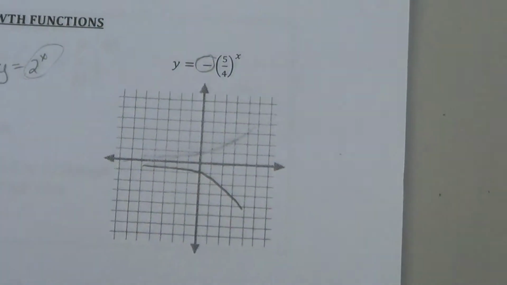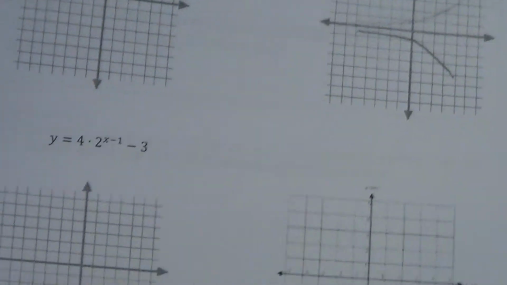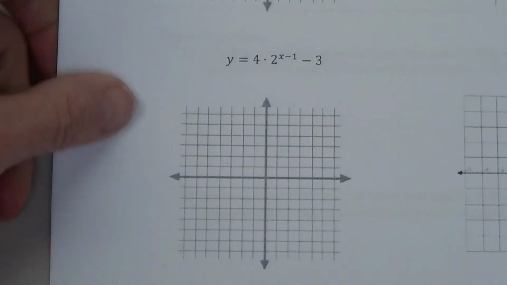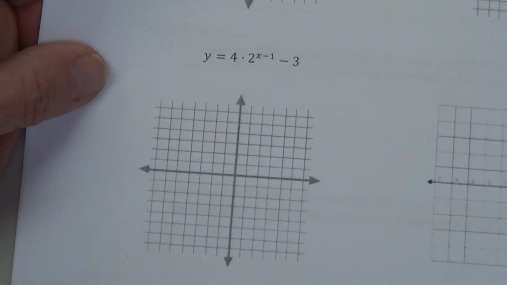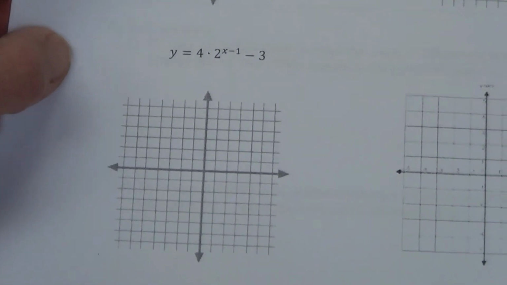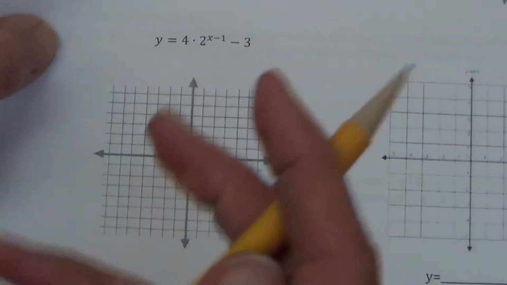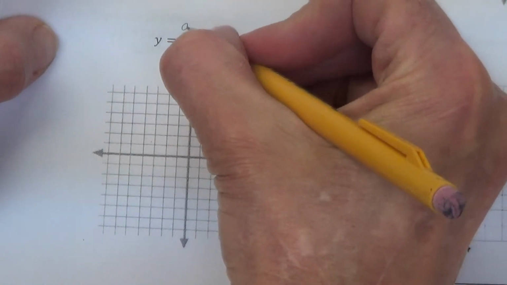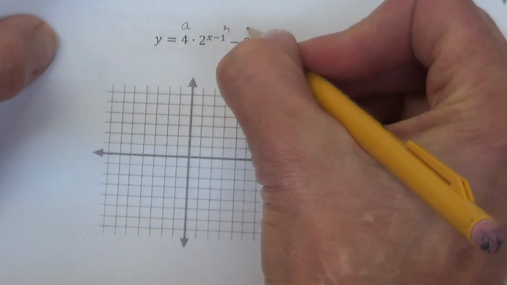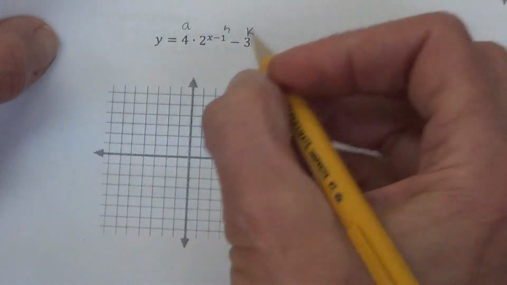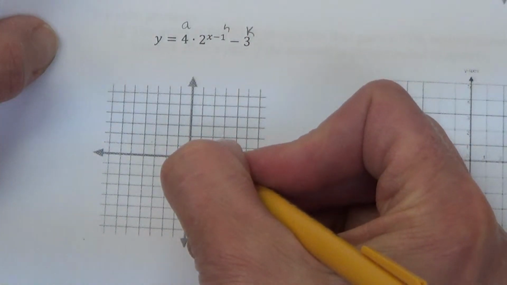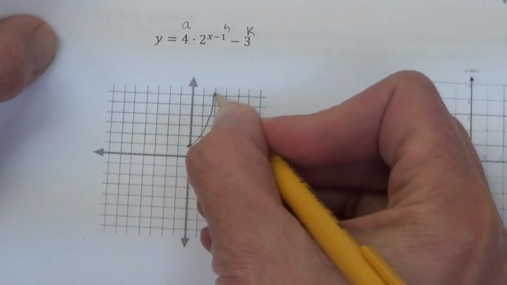Okay? All that I'm wanting is sketches that you understand where this is going. Now on the next one, it is probably best to go directly back to that unit. If you've forgotten it, watch a few videos. This is your A value, this is your H value, this is your K value. Okay, so a light sketch of our parent function, it went through here and it doubled